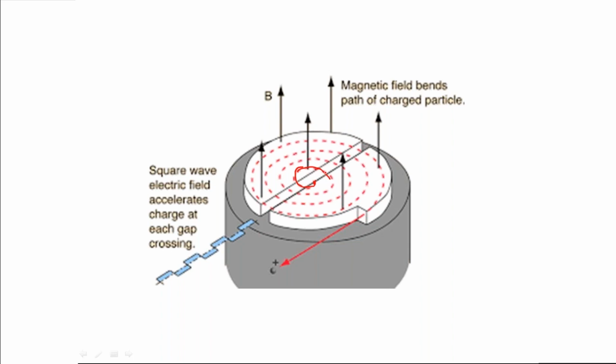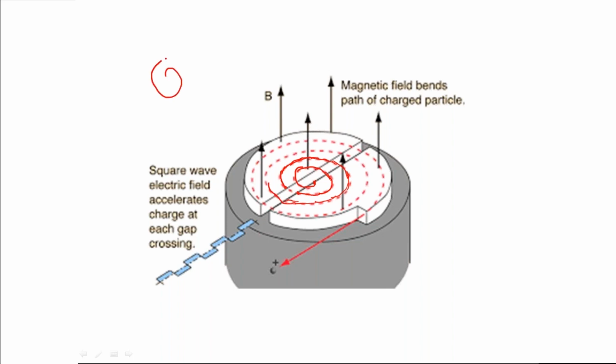Now the radius has changed, so it will move in this path up to here, and again the electric field will give a certain force to jump to this, and when it reaches here, its kinetic energy is again increased. So since the kinetic energy increases, the radius of the path also increases. Like this, every time it crosses from one D to another D, it gains some energy. And look, it will have a path like a spiral,